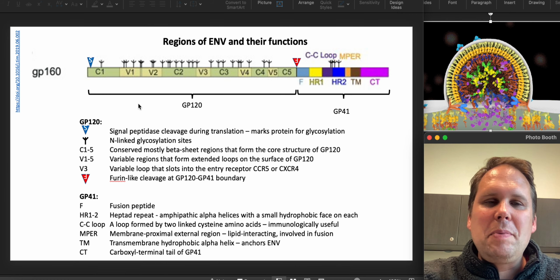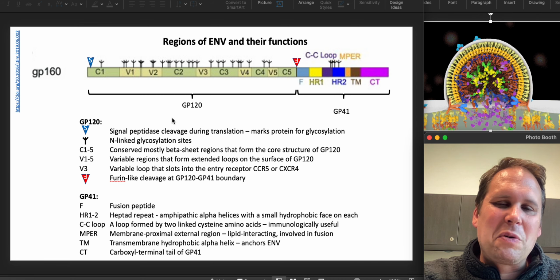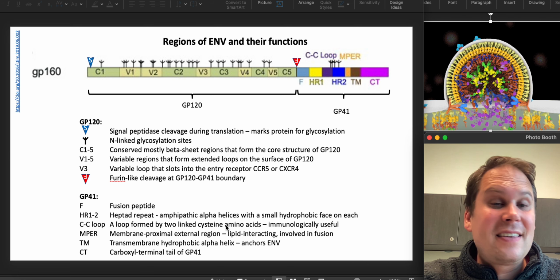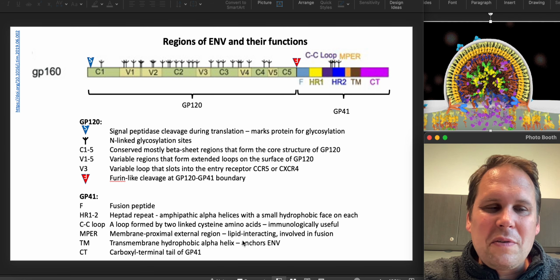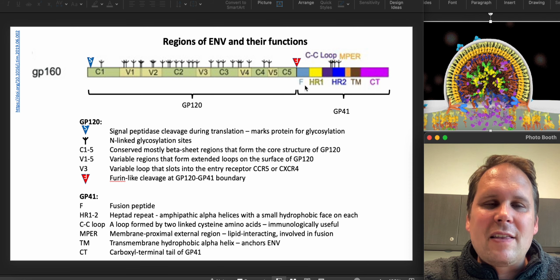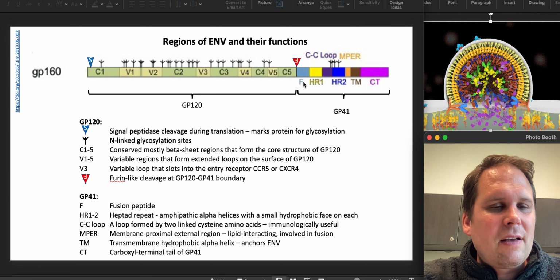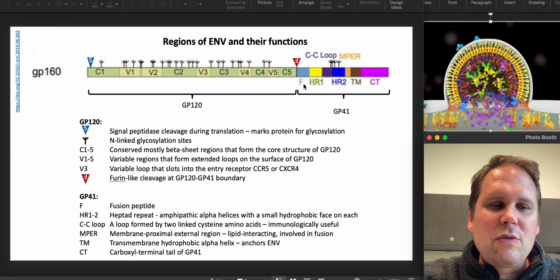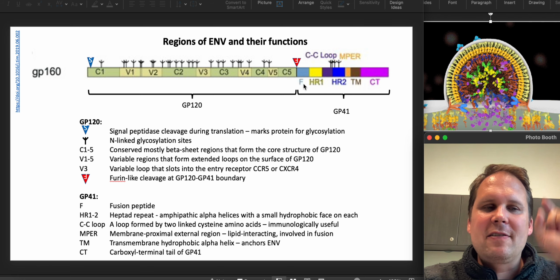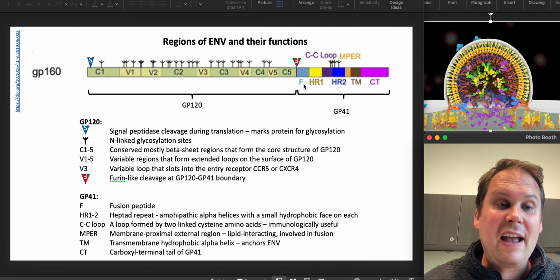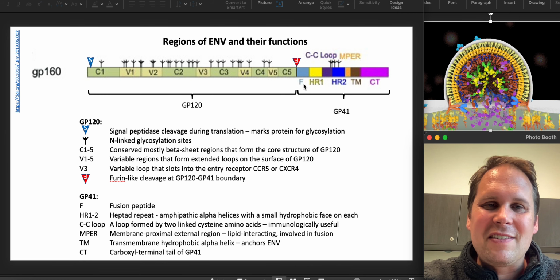Okay, so GP120 and GP41, these two components both get incorporated onto the virion. Together they're called GP160 because I guess we're rounding GP120 plus GP41. This is going to have another several interesting regions. At the very front, at the N-terminus of GP41, because remember, it actually gets cut with furin right here, you're going to have a thing called the fusion peptide. And the fusion peptide is going to be a little hydrophobic hook that sinks into the cell and helps the virus to reel itself into the cell and basically crash into the cell and cause the infection to happen.